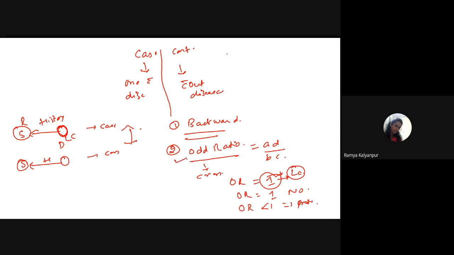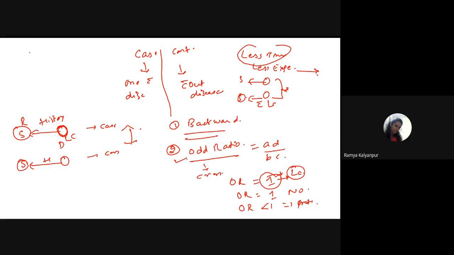And what is the advantage with the case control study? It is less time consuming. I will identify all lung cancer patients, then just take their history: are you a smoker or not a smoker? Then I will take people without lung cancer and ask their history, are you a smoker or not? So within a lesser time I can finish my case control study. Whereas cohort studies will take a lot of time, and are less expensive also, less expensive.